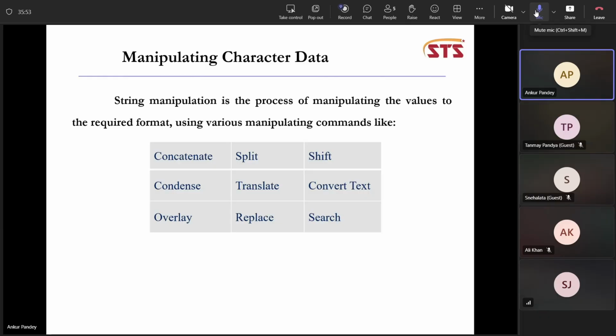Condense, right? If there is some text and extra space is there, then you want to condense the text. Translate, suppose there is lower case and upper case, you want to translate the text, then you can use translate. Convert text, you can convert also. Overlay, replace, means you want to replace some value. Search, if there is some letter you want to search, right, you can search it. So like that we have